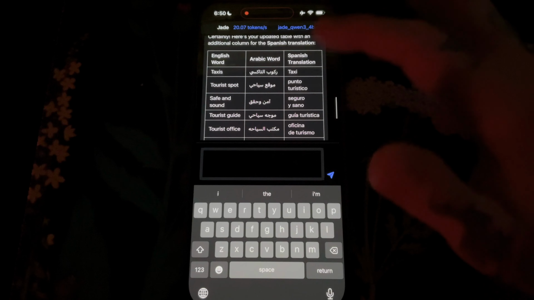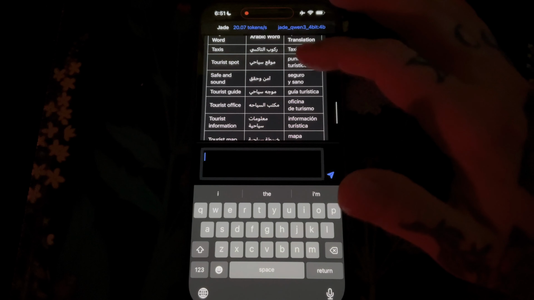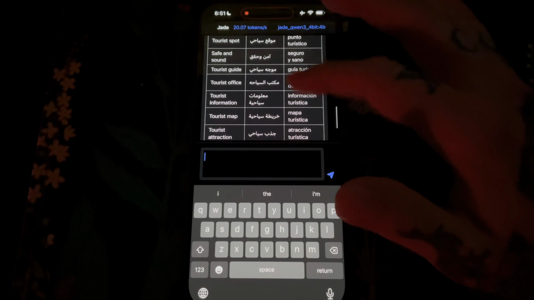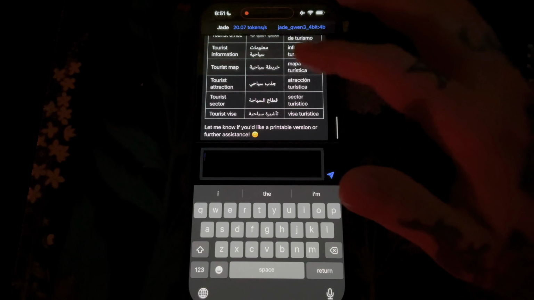I'm not sure. I'm not great at Arabic. Please don't yell at me. There's lots of letters in here I haven't learned yet. But incredibly useful.